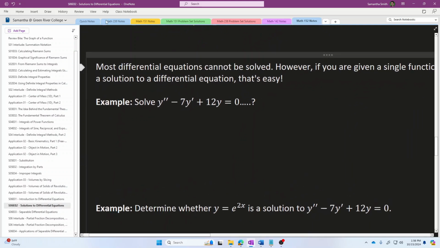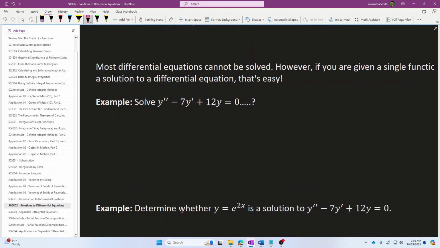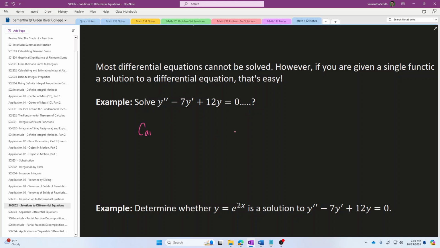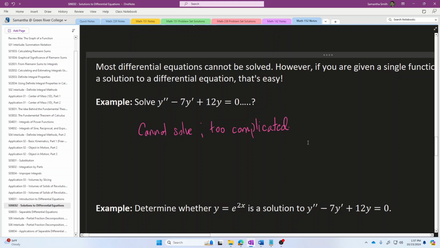For example, as of this moment, standing right here, right now, if someone said solve y double prime minus 7 copies of y single prime plus 12 copies of the original function, I want all of that to cancel out and become 0. I do not think that most of you will be able to solve this equation manually yourself. I do not think that most of you have learned the method to solve this equation yet yourself. However, even though this equation is too difficult to solve,